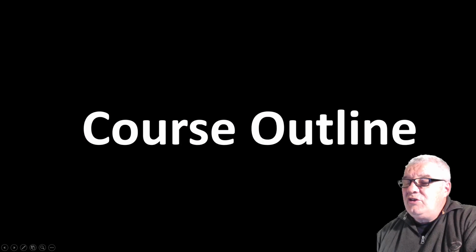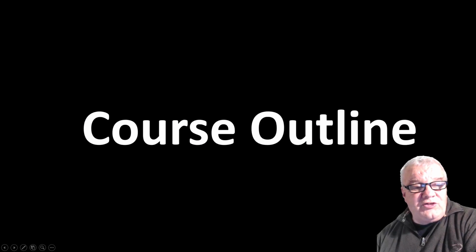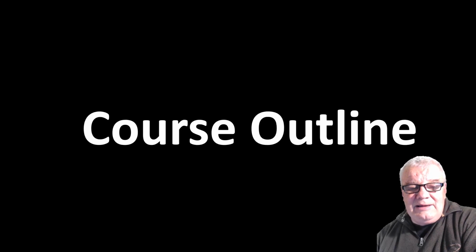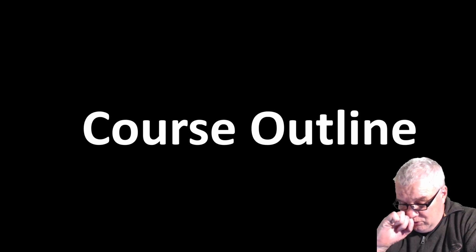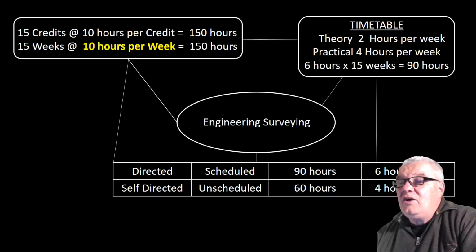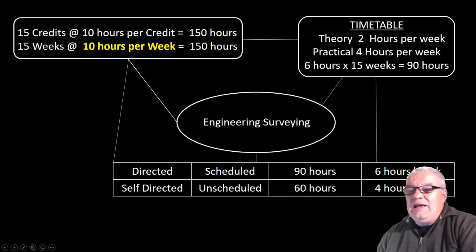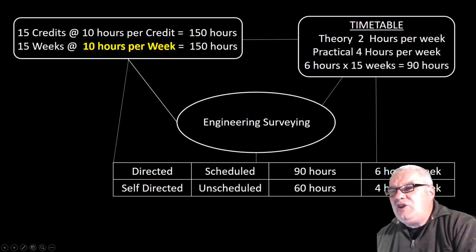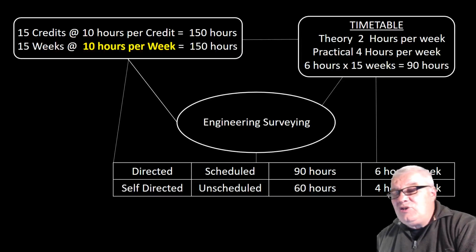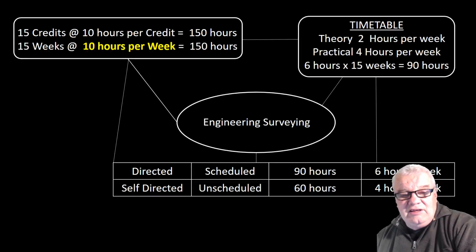Alrighty, so the course outline. I'll just do a brief course outline at this point, and then we'll do it in more detail once we examine the Moodle site more closely. Alrighty, so here we go. We've got a 15 credit course, and as you know, it generally equates to 10 hours per credit, so that gives us 150 hours, generally over a 15-week semester, with a 2-week midterm break in there. So it's a 15-week semester, 10 hours per week,